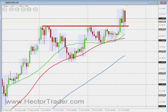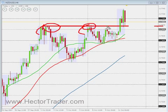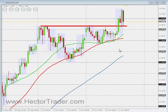I was basically spotting this level, the 0.7665, which had been working as resistance already 3 times, and I was waiting as London market opened for a breakout to the upside, which did happen, in all fairness, right there, and it gave out about 50 pips before snapping back down. You see this red long bar down there. This is what's been happening throughout the last hour. Market has retraced back,